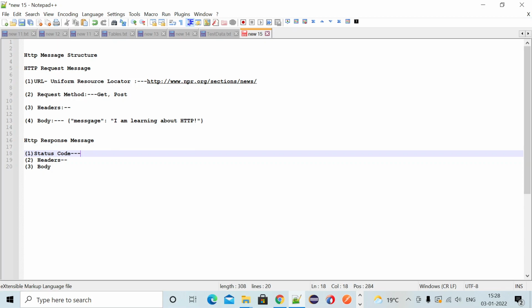And if the server has any issue answering the request, for example if any page is not found, then you get a 404 status code. So these are the two main status codes you can use. Generally 200 means okay, and 404 means page not found.